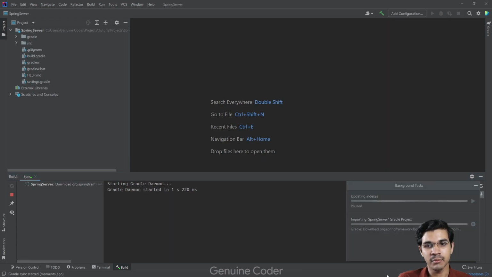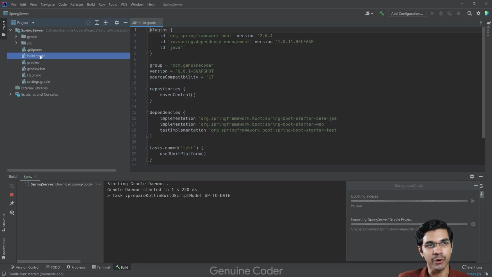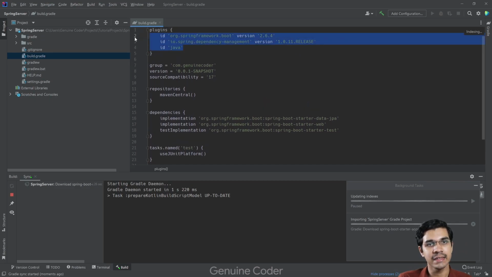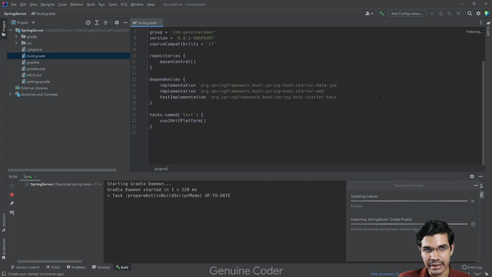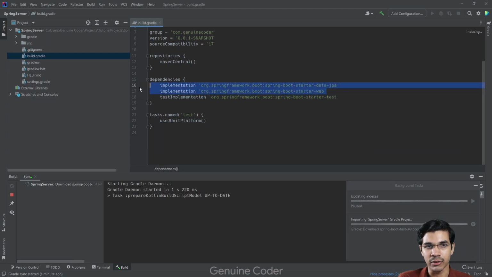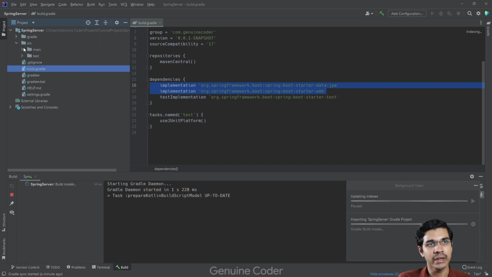It will take a little bit of time for the Gradle to be configured and the dependencies to be downloaded. While it is doing that in the background, let us just check the project files. Here we have our build.gradle file, and here you can see that all the important plugins are applied. The dependencies that we needed, like Spring Data JPA and Spring Data Web, are added, and also it created the